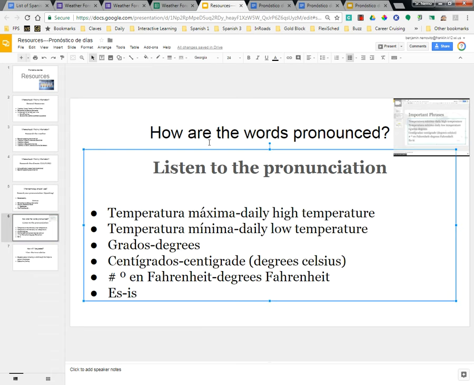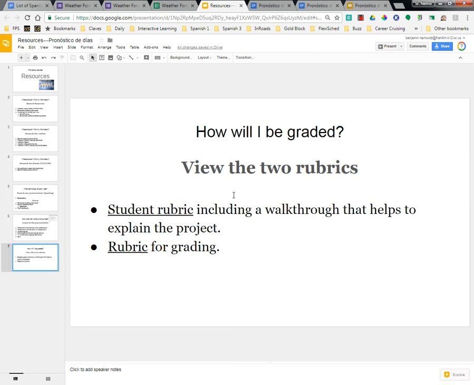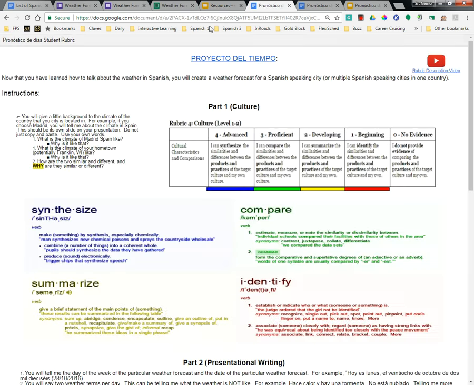Additionally, there is this slide right here. These are important phrases you're going to need when you're presenting this. This in the corner is a video, and you can watch it. And then you're going to want to know also how will I be graded. There's a student rubric, which I'm going to show you right now, and then a regular rubric. The student